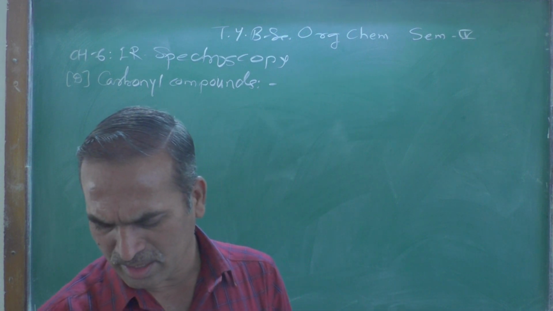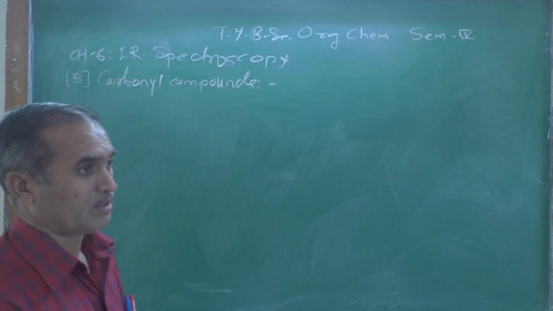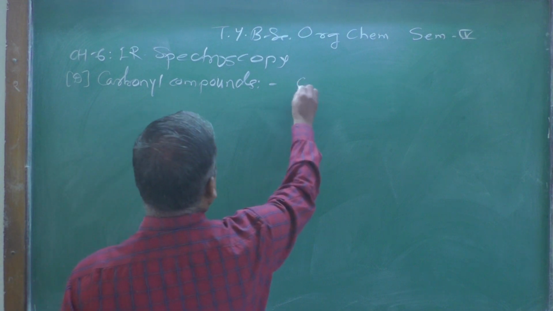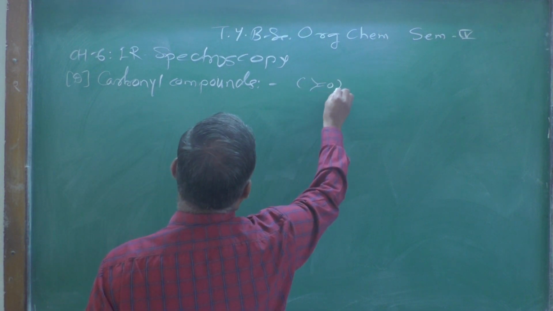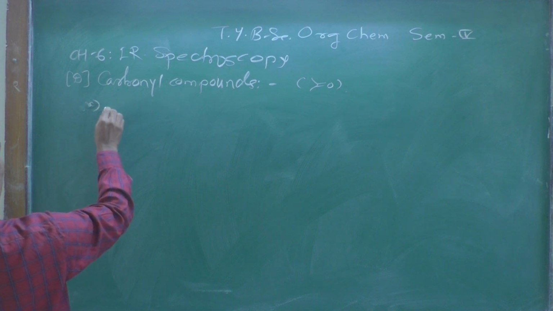So let us see what are the points present in that carbonyl group, generally referred to as a C double bond O group. Some of the points we have seen over here. Suppose as a point, that is a